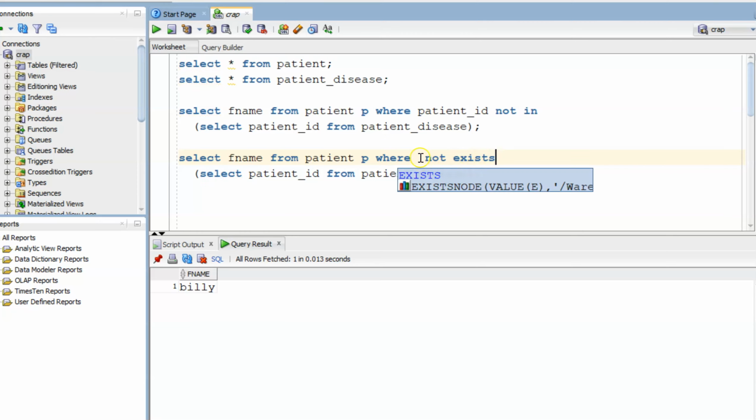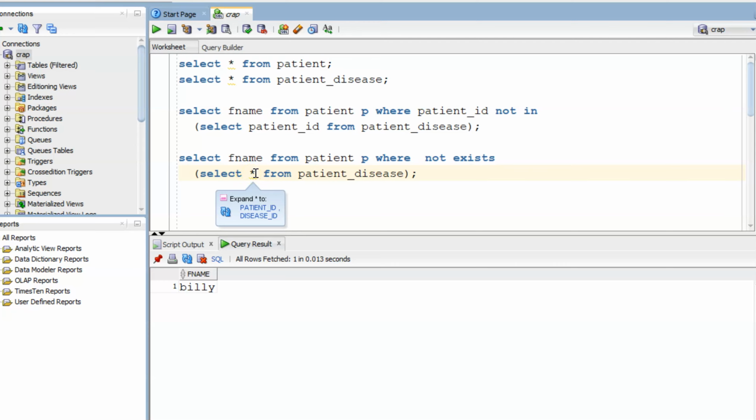Because we have no column, unlike this one where patient ID is being connected with the patient ID, there is nothing here that needs to be connected. So I can remove this. I can just put something, or that asterisk, or some other column name. That doesn't matter. Now, what occurs is, unlike the IN clause in which you ran this first,